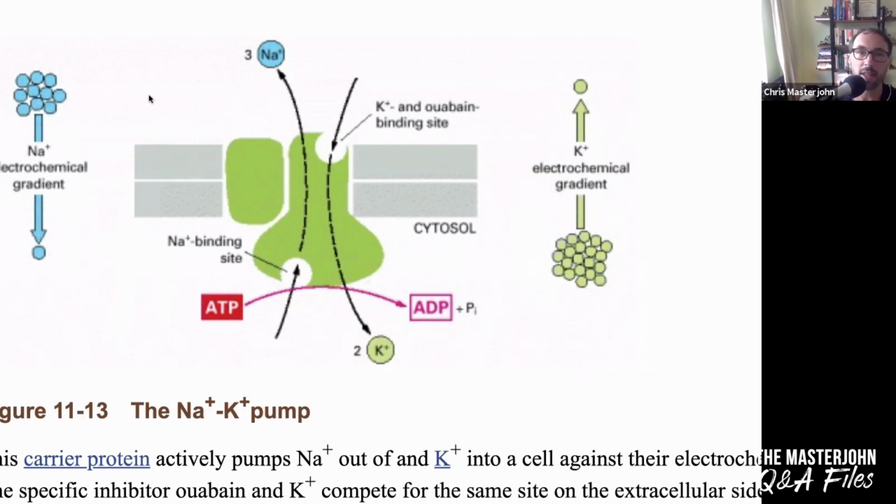has been very effective, or some other means has been very effective in making the sodium very highly concentrated out here. So we have very high concentrations of sodium on the outside of the membrane and very high concentrations of potassium on the inside of the membrane, where essentially the pump doesn't need to do the work of putting them there because they're already there. And you also have very high concentrations of ADP and low concentrations of ATP.